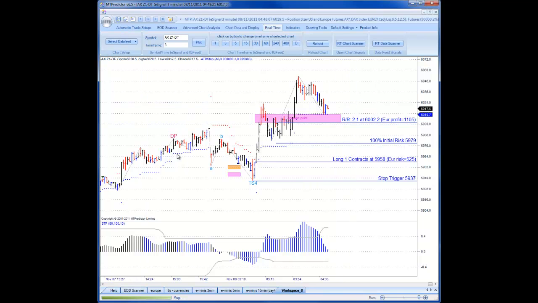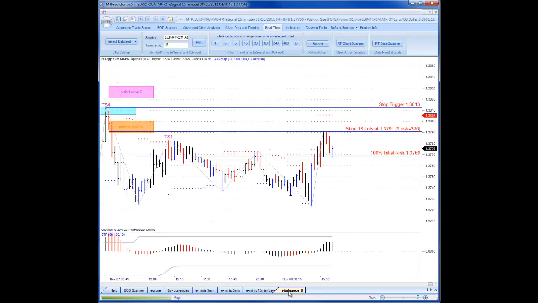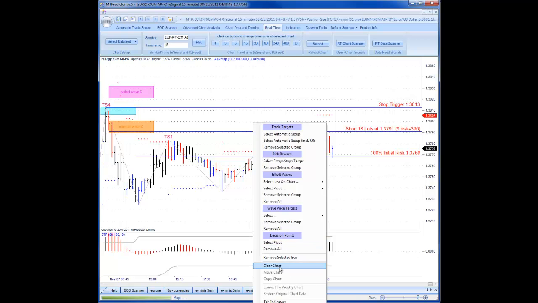But wouldn't it be nice to be able to squeeze a little bit more profit and run it up into a slightly higher level here? Well, this is where the 15-minute chart comes in. So if we look at the position on the 15-minute chart when we had this TS4 buy setup, let's see whether we can see any targets where there's a larger degree resistance area. So let's move across to the 15-minute chart,